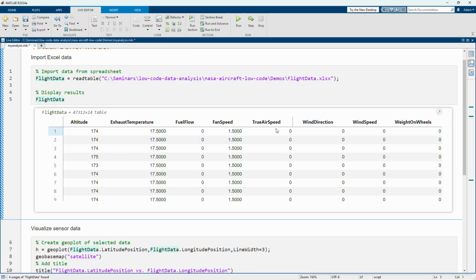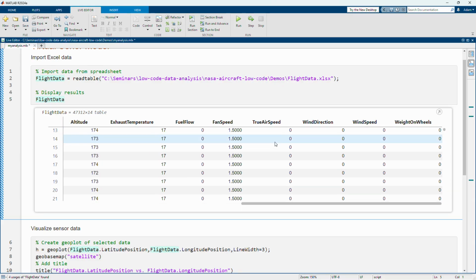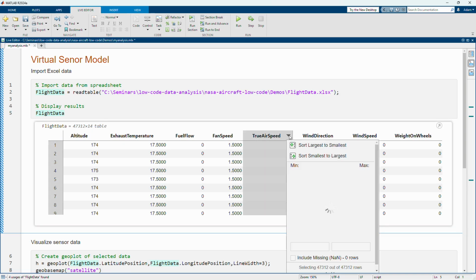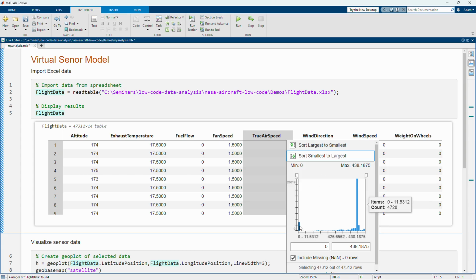So if we go back up to where MATLAB printed out the contents of that table so that we can see it directly in our live script, we can get a histogram of all the different values in this column. For true airspeed, there's a fair number of values at or very close to 0 when it's sitting stationary on the ground. The most common true airspeed is relatively high. We can guess this is during cruise, and you can see the distribution of other airspeeds it takes throughout the